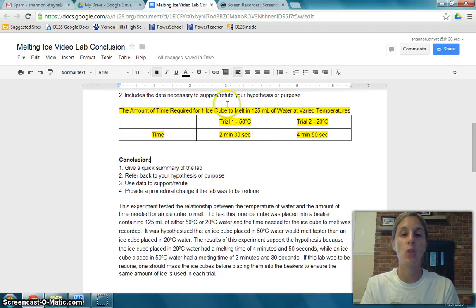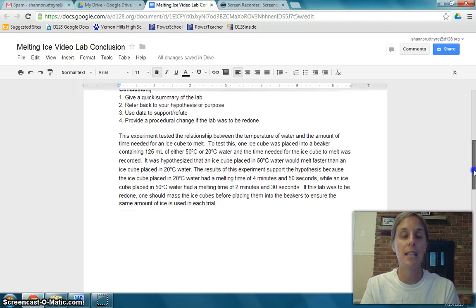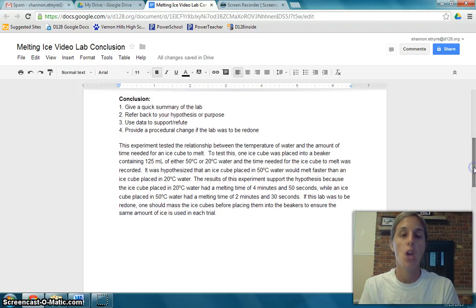So I now know that that time reflects how long it took the ice cube to melt. And that ties into our hypothesis. And that's super important because we need it to help write our conclusion. So for our conclusion for this slide, what we want to do is give a really quick summary of what